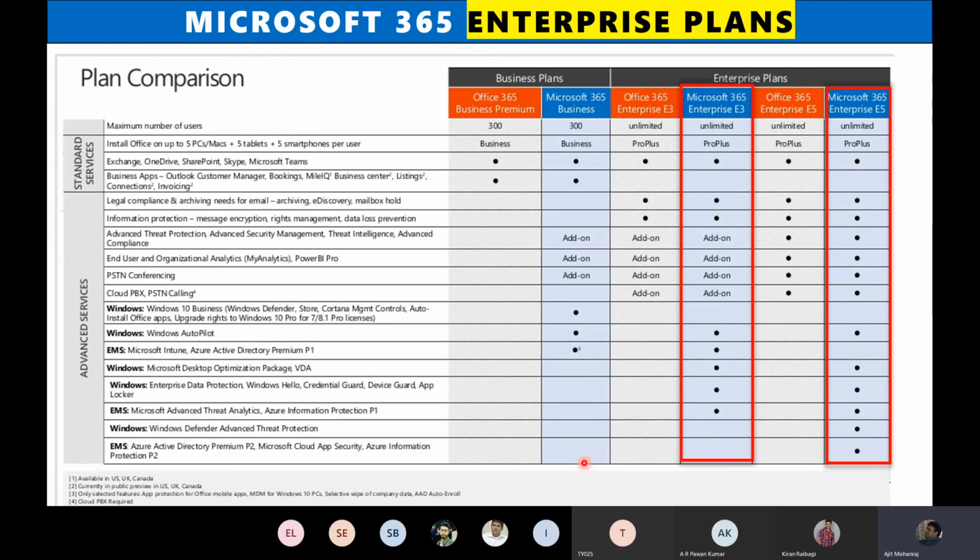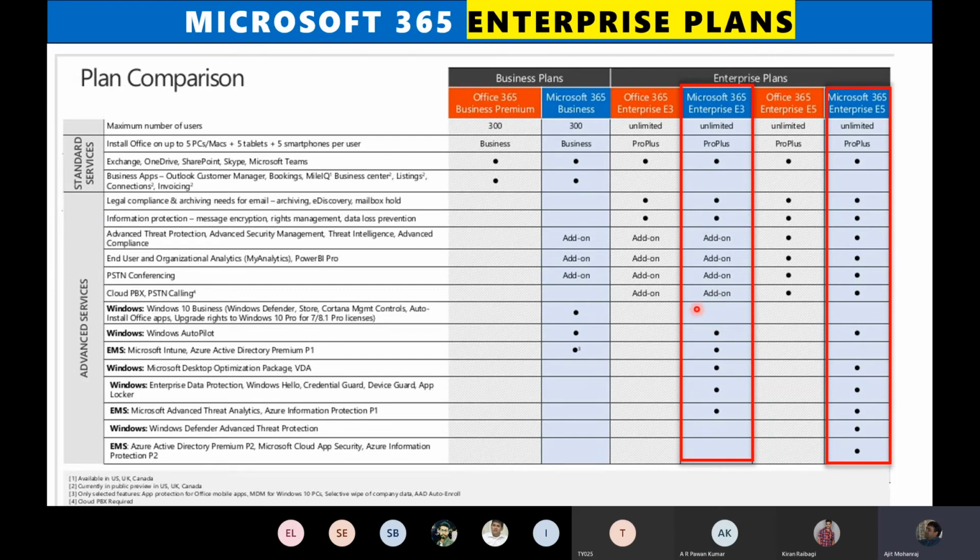For those who are on the enterprise side of the house, I want to draw your attention to the Microsoft 365 E3 plan and the E5 plan. Those are for you. So whether you're on Office 365 E1, E3, E5, the moment you jump over here, you are getting your Windows, you're getting your EMS, you're getting your Office 365. You can wrap it up.